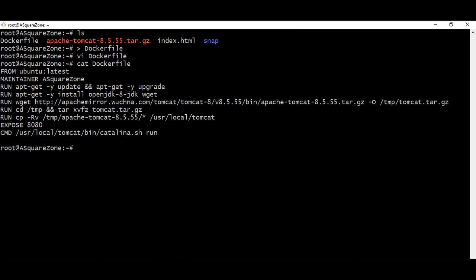So now we will talk about image. What is an image? An image is an executable package that includes everything needed to run an application: the code, a runtime, libraries, environment variables, and configuration files. So using the docker build command, we can build an image.